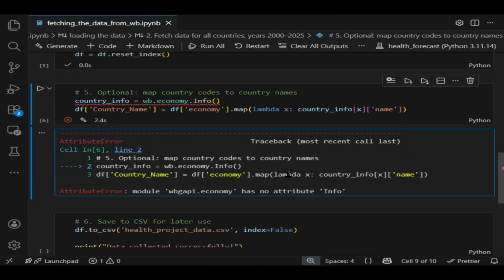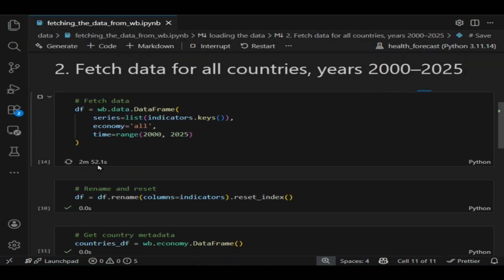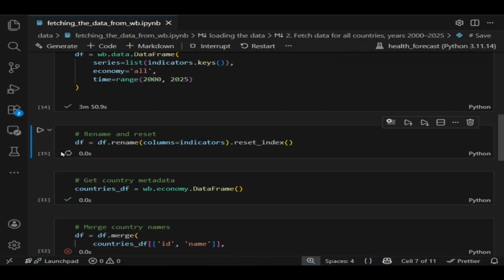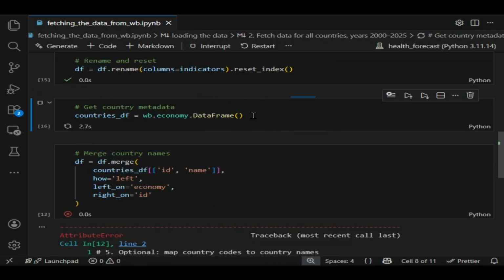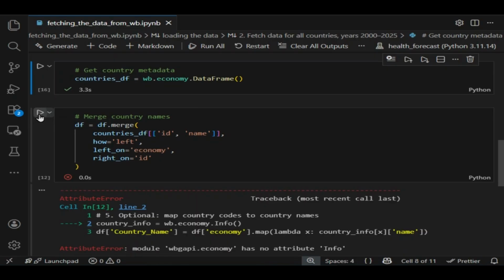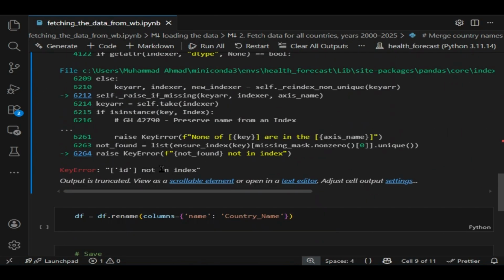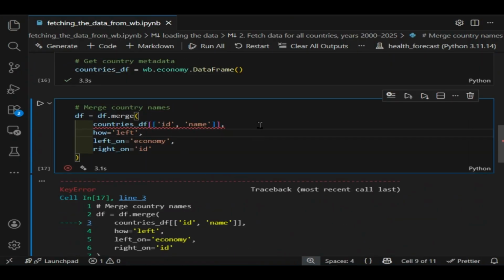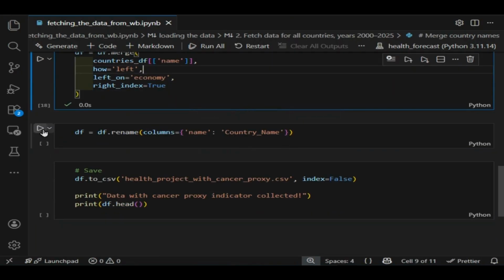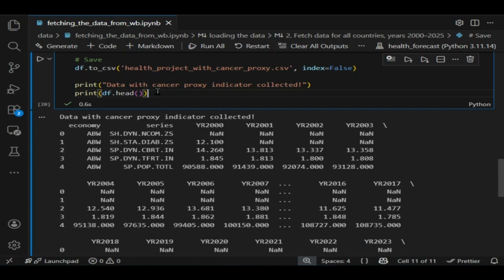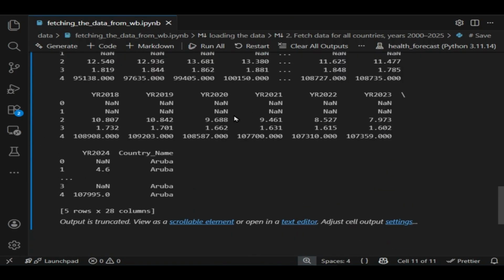But here is the error. I am again fetching the data from the website, and it is taking some time, almost 4 minutes. Let's run the cells. Okay, let's run it again, but again this cell is showing some error. I solved the error. Let's move to the next. Okay, let's save the